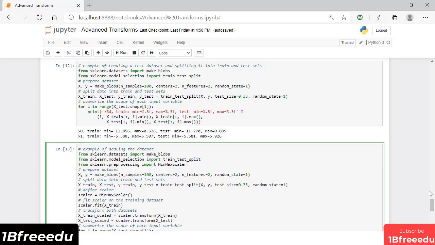Alright, let's work through an example of saving our data preparation steps. The first thing we need to do is define a dataset. We're going to use a contrived dataset, specifically a binary classification problem with two input variables created randomly via the makeBlobs function. The example on screen creates a test dataset with 100 examples, two input features, two class labels, 0